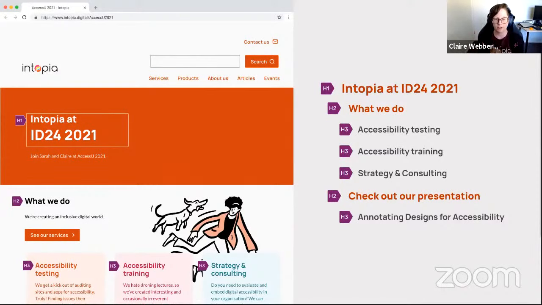behind them. So here we bring out all the text to the side of our design, and we've looked at our page heading, Intopia ID 24-2021, that will be our top level heading. And then thinking about how we want things to be structured underneath and what kind of nesting of different heading levels. Once we've worked out what our heading hierarchy will be, regardless of how it looks on the page, we can come back to the design and successfully mark up our headings.